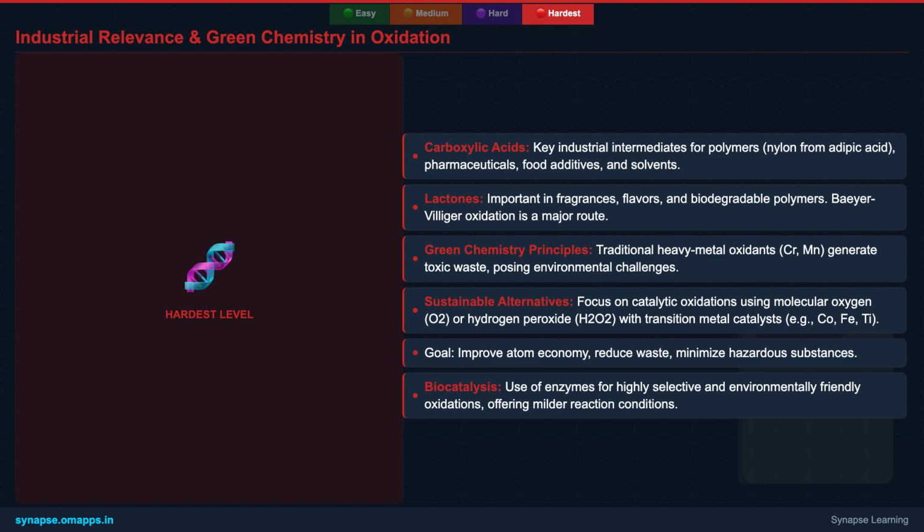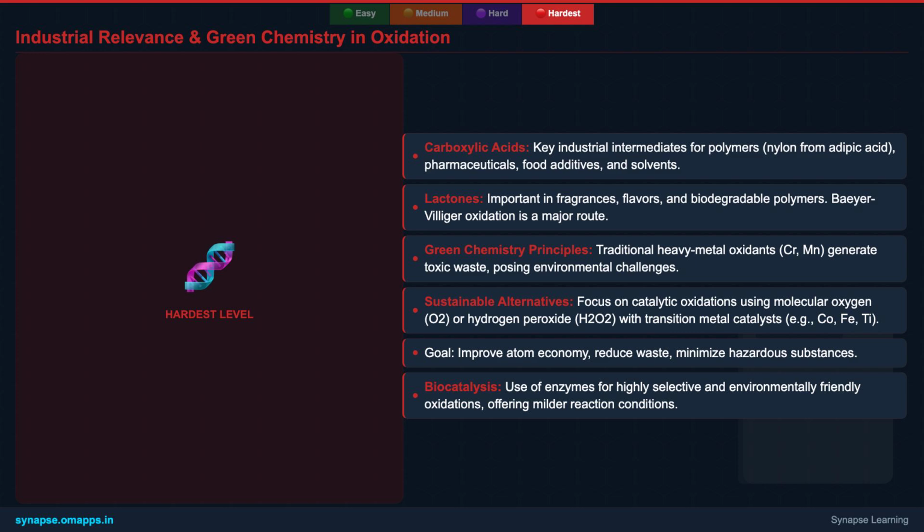This has spurred a major push towards green chemistry alternatives. Researchers and industries are actively developing catalytic oxidations using benign oxidants like molecular oxygen or hydrogen peroxide, often employing transition metal catalysts like cobalt, iron, or titanium. These methods aim to maximize atom economy, minimize waste, and reduce the environmental footprint. Biocatalysis, utilizing enzymes, also offers a highly selective and environmentally friendly route for specific oxidation reactions, further enhancing the sustainability